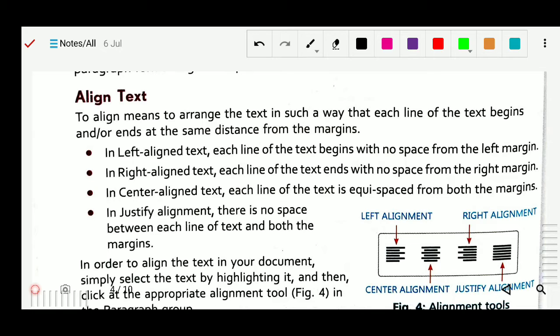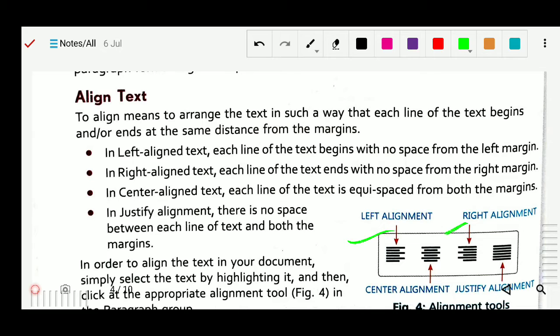First is left alignment. In the left alignment, each line of text begins with no space from the left margin. Right, each line of text ends with no space from the right margin. You can see this is the right margin.